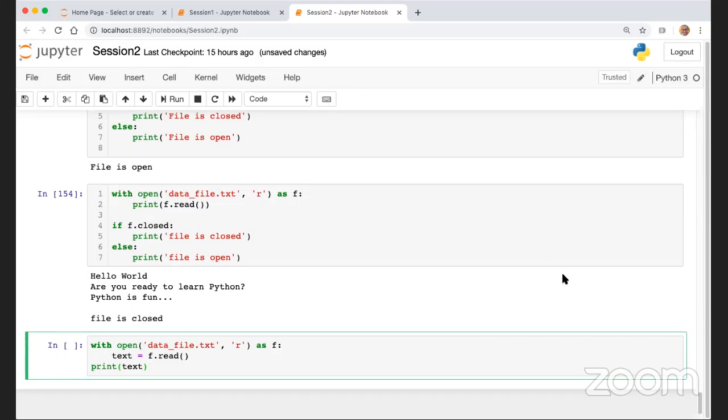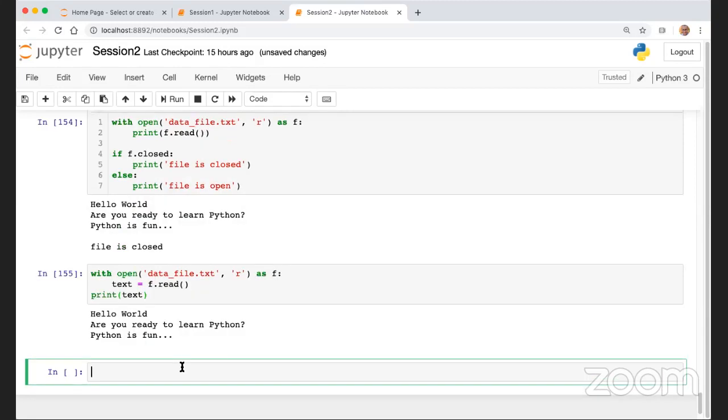What do you think this is going to print? Yes or no? Yes, okay. Well, as you see, because I defined a text object from reading the file with open, the text will carry the content of the file, and you can print it outside. As you see, it does print